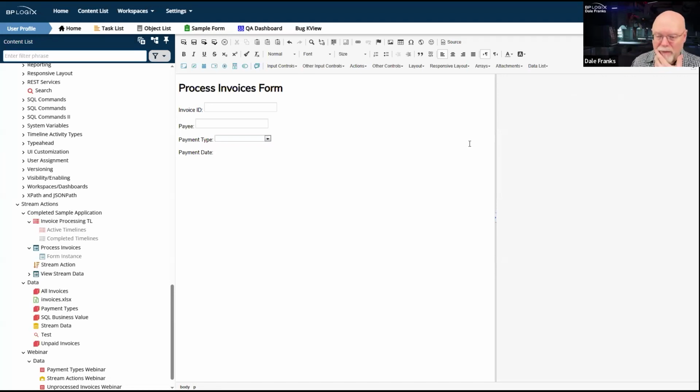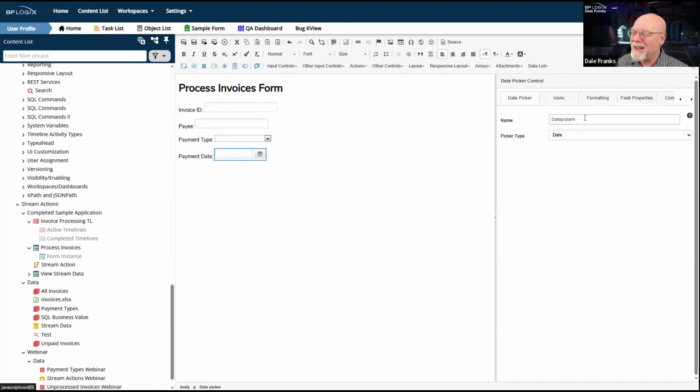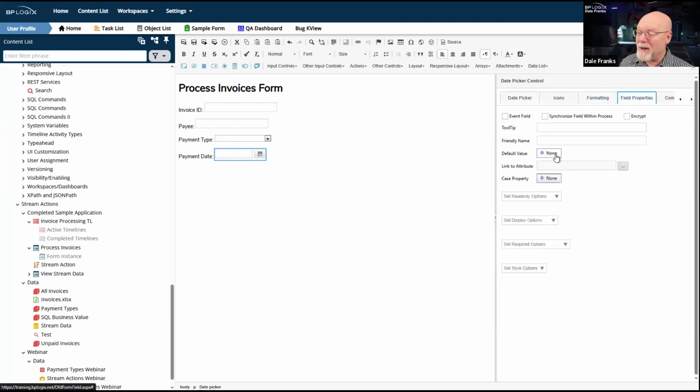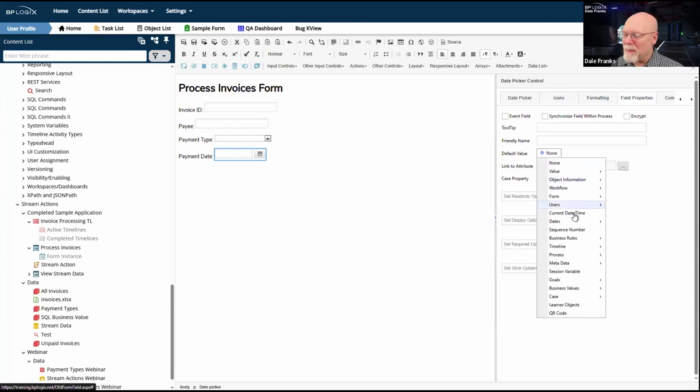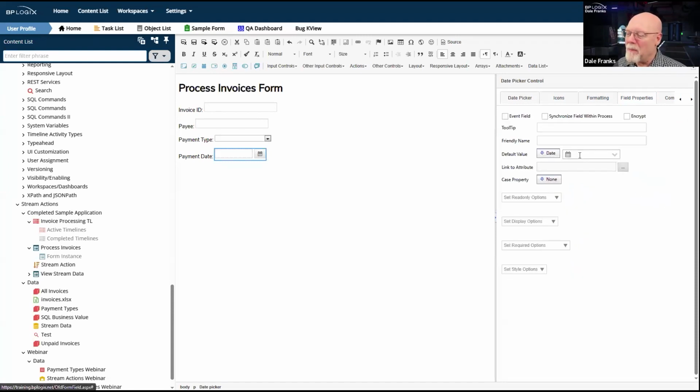I think these are the only 4 fields that I need, but I am going to check the other form just to be sure that I haven't missed anything. And my payment date is obviously going to be a date field. And I'm going to cheat a little bit here. So after I name it payment date and I get rid of that comma, I'm going to go into the field properties and I'm just going to go ahead and set the default value so that the payment date will always be today. And this is just to make filling out the form a lot easier.